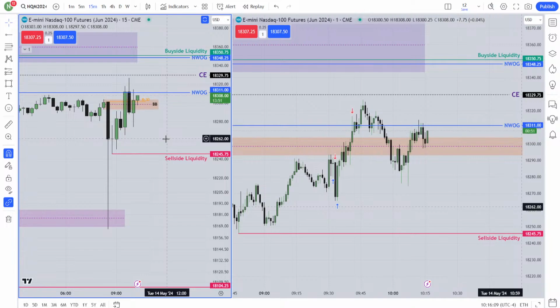Hey Robin, thanks for that ping, man. There is a new week opening gap. I didn't mark it, which means I don't think it's important. When I didn't mark it, I think it's not important. See you in the future, Terminator. When load shedding happens, you can just say I'll be back. I guess there will be no load shedding today because the weather is perfectly okay. I guess I'll be here until the end of this session.